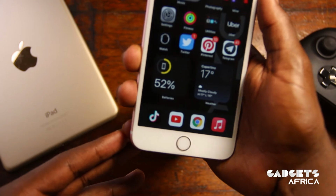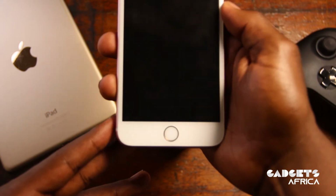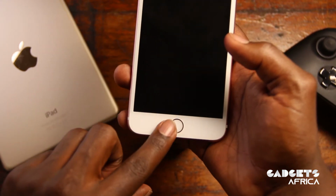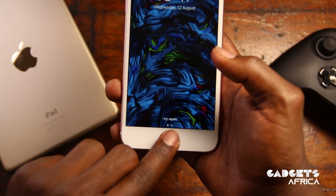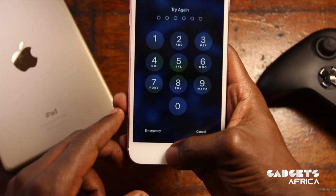I registered 2 thumbs so that it could be easier whichever hand I used, and it still worked. There's a point I even tried it with a different finger, my index finger. It didn't work, sure enough, but when I went back to my thumb, security, check. And I think